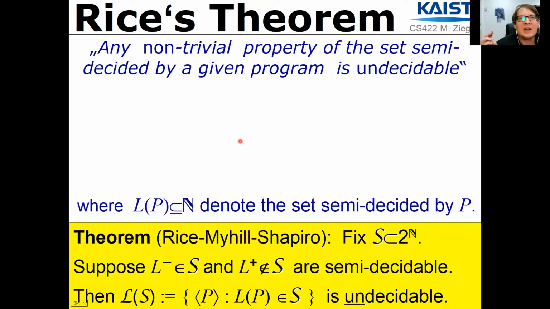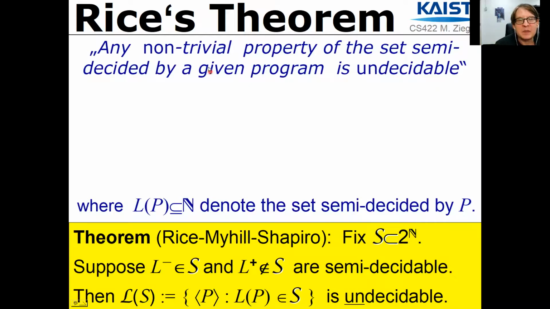An intuitive understanding of Rice theorem is the statement that any non-trivial property of the set semi-decided by a given program is undecidable. What I want to emphasize here is, first, it must be non-trivial. This is captured by the hypothesis that the set of subsets must at least contain one and must at least miss another semi-decidable problem. Not just arbitrary, but semi-decidable. And the second thing to emphasize is that it's about a property of the set semi-decided by the program,